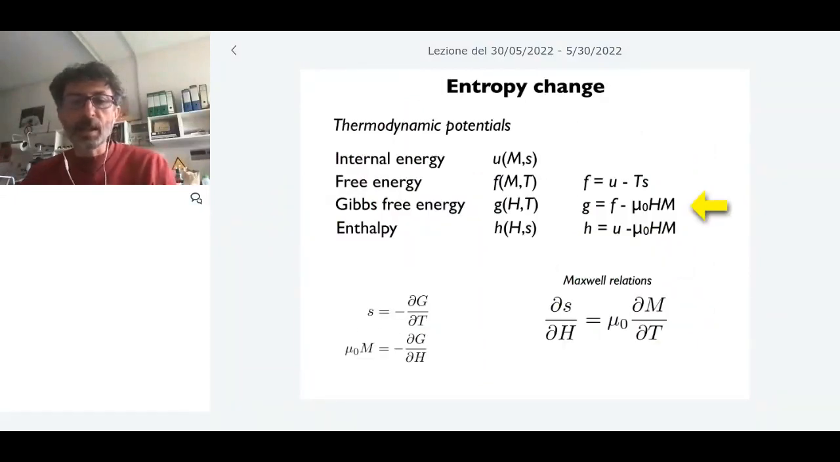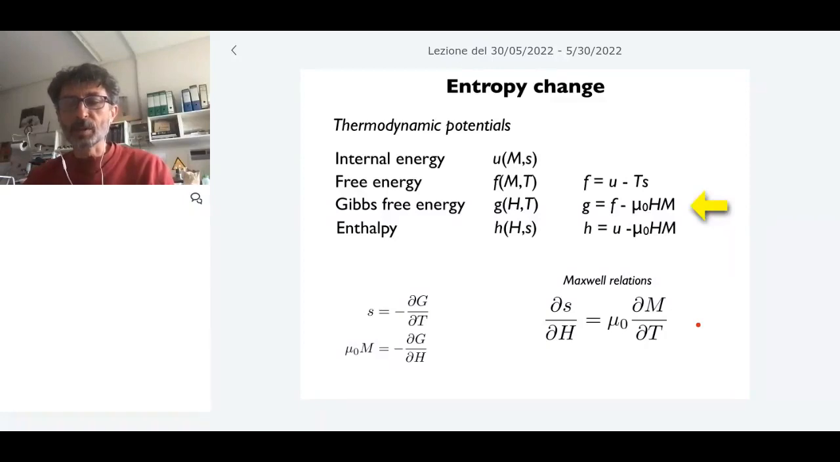So again, what we want to see here is that we have this coupling between the magnetic effect on thermal and the thermal effect on magnetic. And how can we state this? Through these Maxwell relations of thermodynamics. These are the relations that connect to each other, in this case, the change of the entropy with the magnetic field and the change of